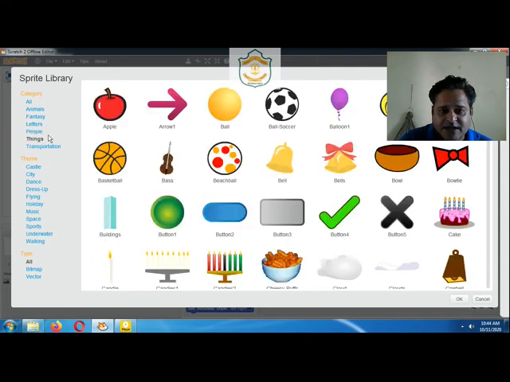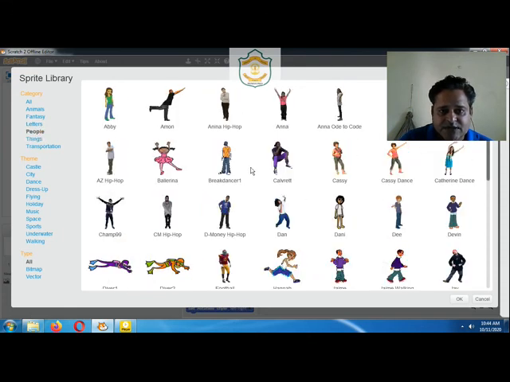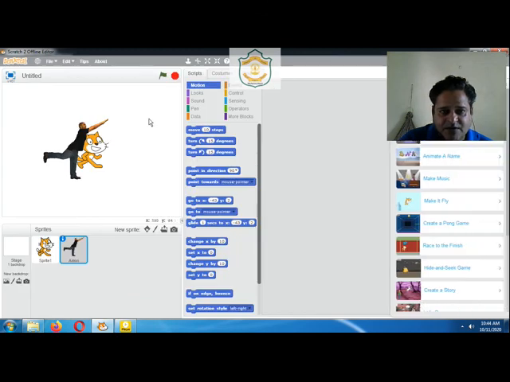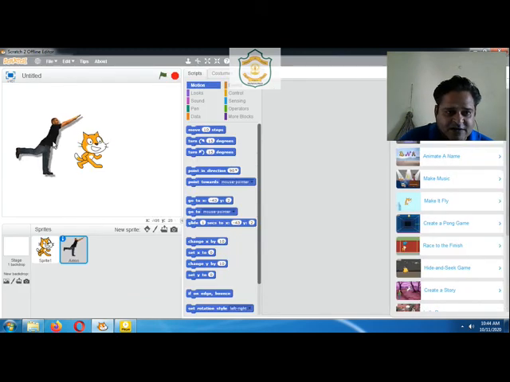So how to select? Just click on it and press OK. Now you can see there is another sprite on your stage.